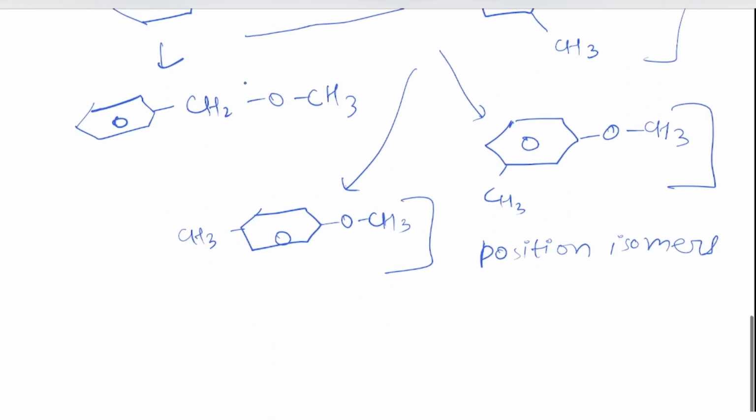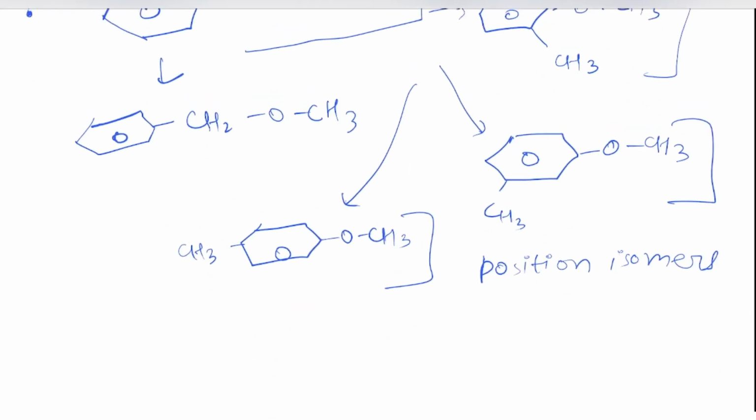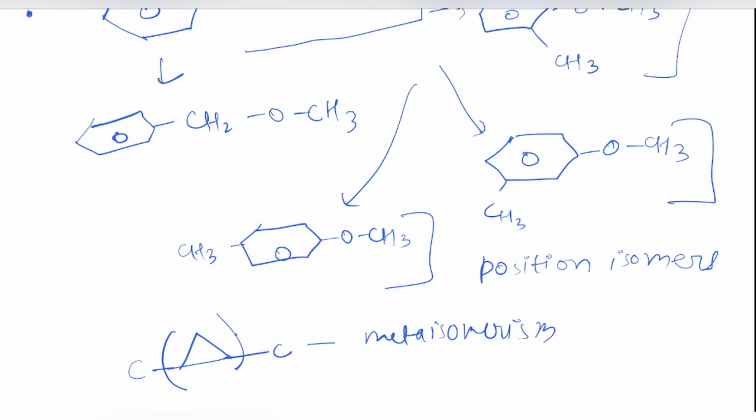Now let's move forward and I will give you some more examples. For example, this will show meta-isomerism. In this example, this ring is our functional group. So this is the bivalent group which I'm talking about. So we can shift the carbon from this side to this side, this side to this side, and it will